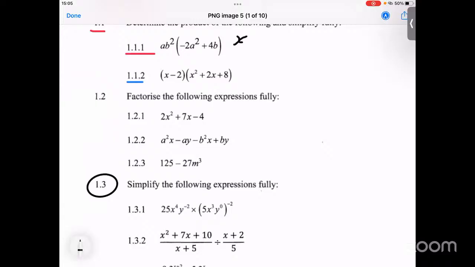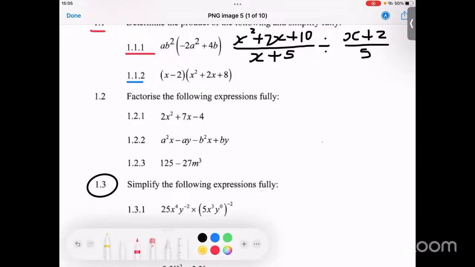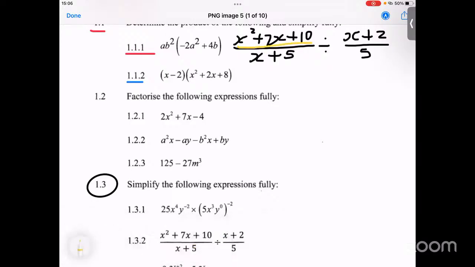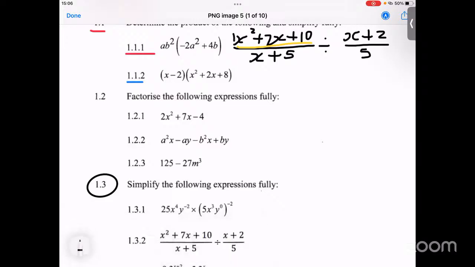Okay, let's say we are having x squared plus 7x plus 10, the whole of that divided by x plus 5, divided by x plus 2, and then 5 there. So the best thing that you can do, honorable member, is try to factorize this. You factorize it that same way that I taught you, where you take your a value being an invisible 1 there,